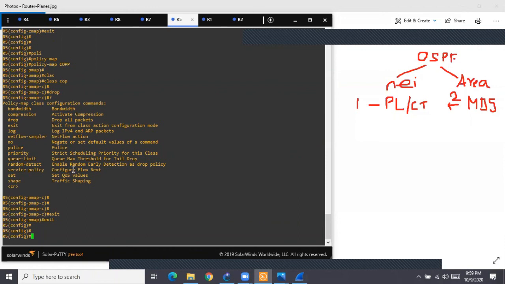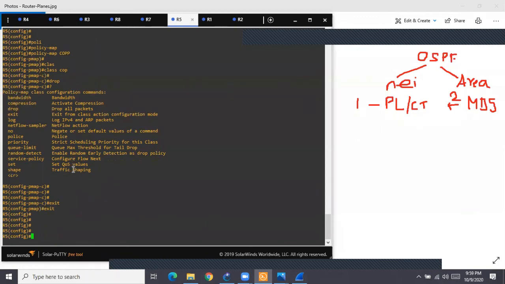But now we don't want to apply it on the interface, because if we wanted to, we wouldn't have done all this. It is not scalable. I want the configuration to be scalable. That means tomorrow, even if new interfaces are added on R5, my policy should still work.